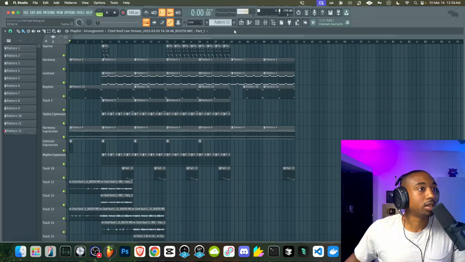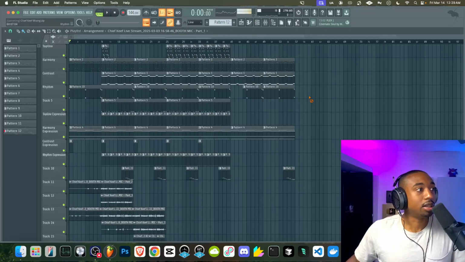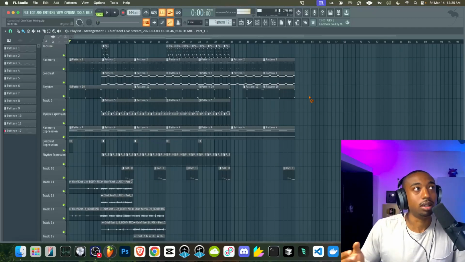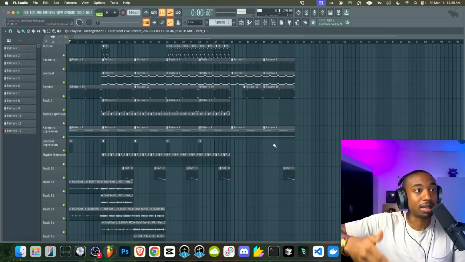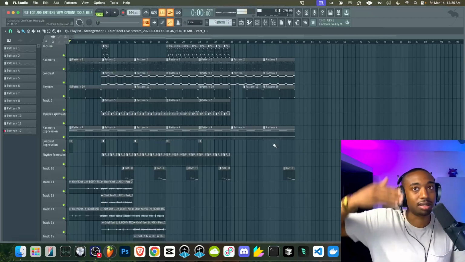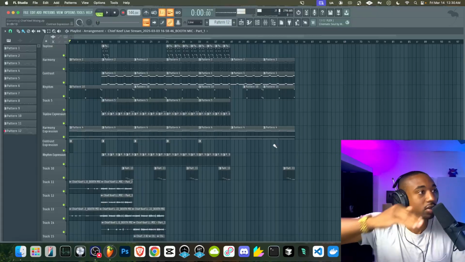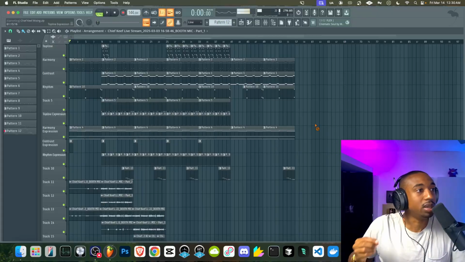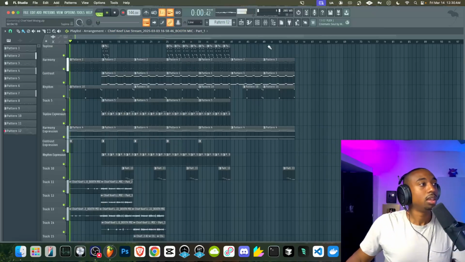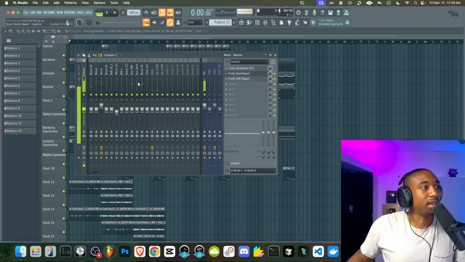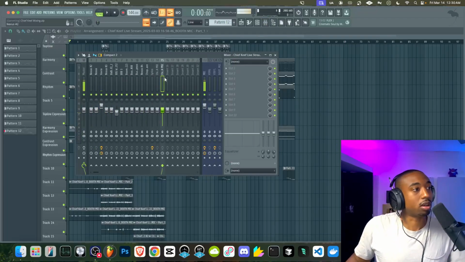The harmony section is about gluing the song together. The contrast layer is about adding density to your track, and the rhythm section is about adding dynamics. Okay, so dynamics is the ups and downs. If everything is squashed, there's no ups and downs, and it just feels flat and boring. So you need pointy stuff in your beat to make it stand out. With all that being said, as I was making the beat, I was just leveling. You don't really need to do much with the majority of plugins you guys are using.